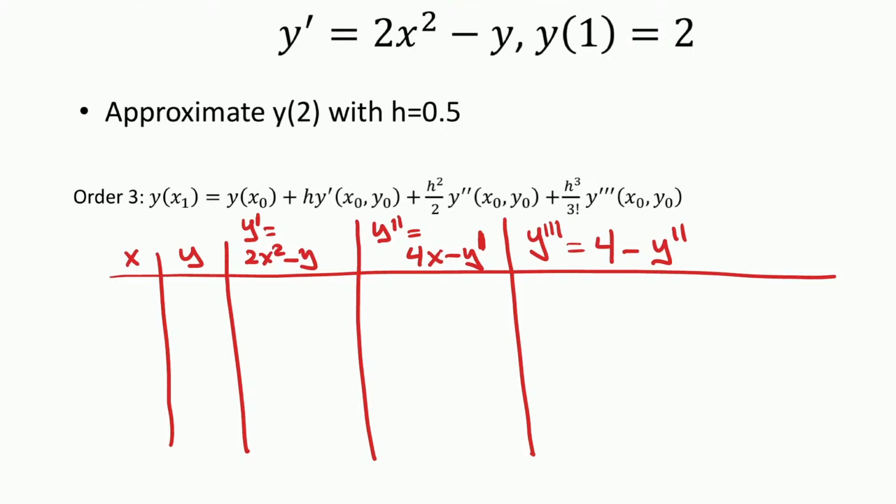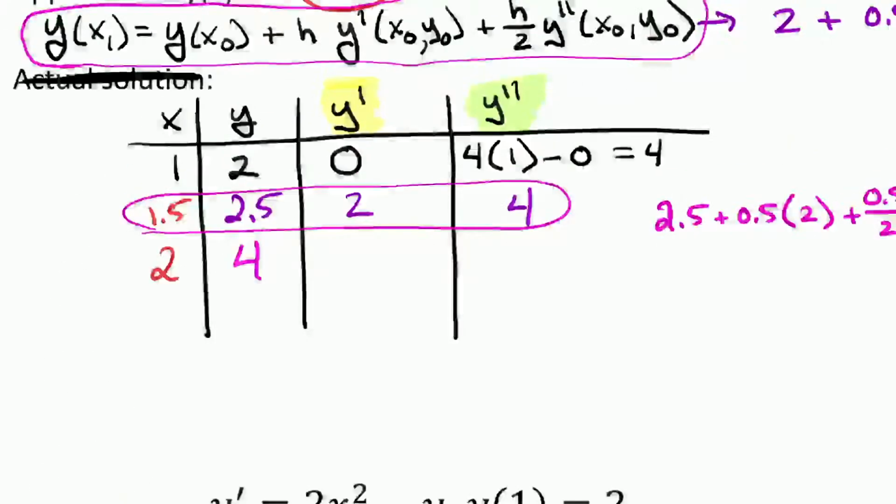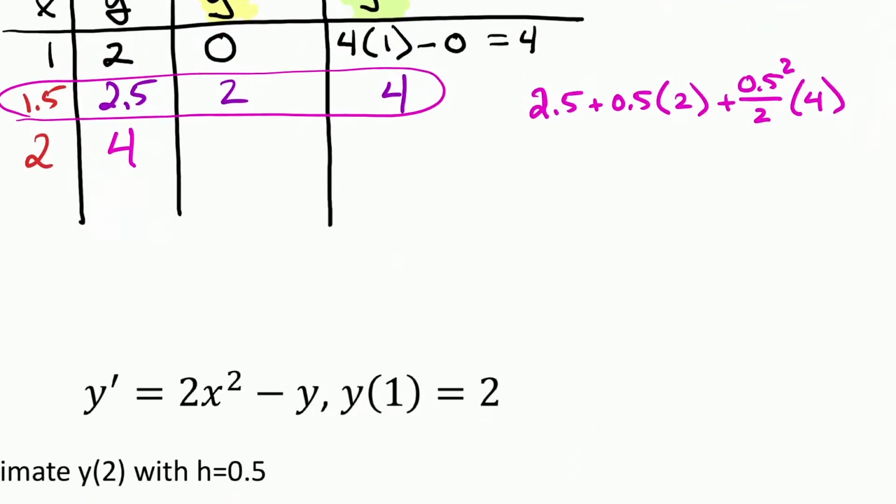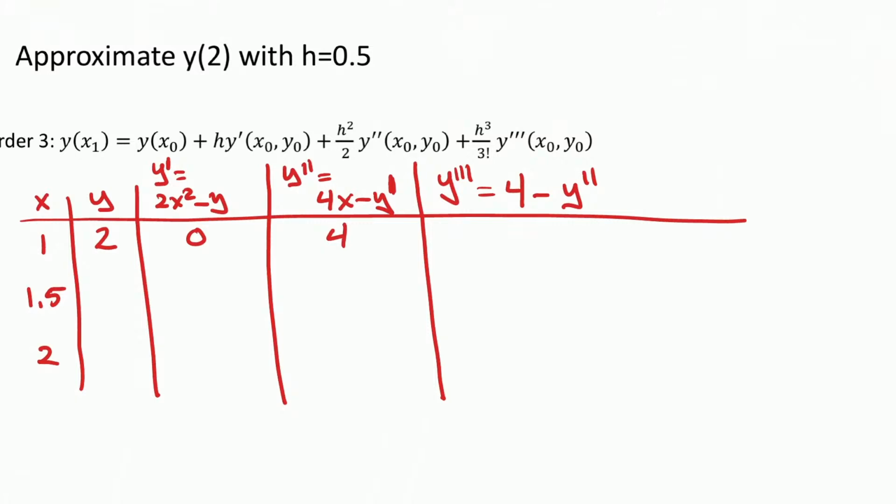Okay, so the same thing, same prediction. So in fact, why don't you do this? That way I'll get the actual solution so we can make comparisons. Give me a sec. First of all, let me get this set up for you. So we're going to start at 1, then you're going to get 1.5, and then you'll have 2. Your y values, you start with 2. We already know that this is going to be 0, and we know that this is going to be 4. So we've already got that